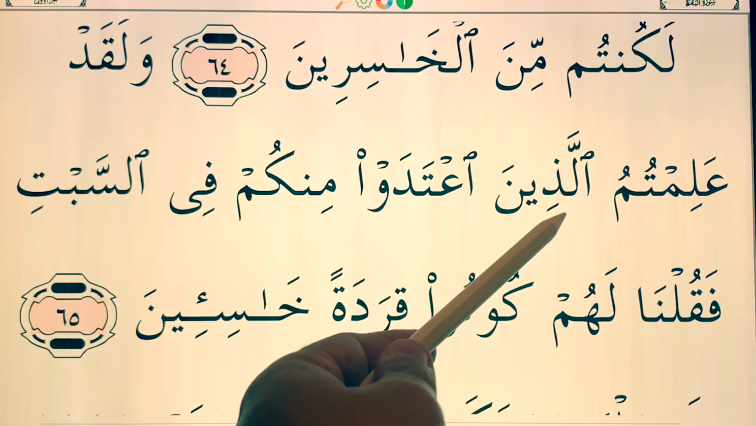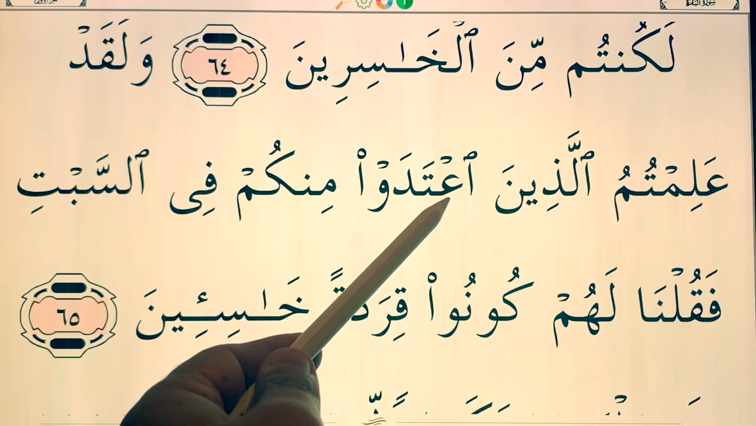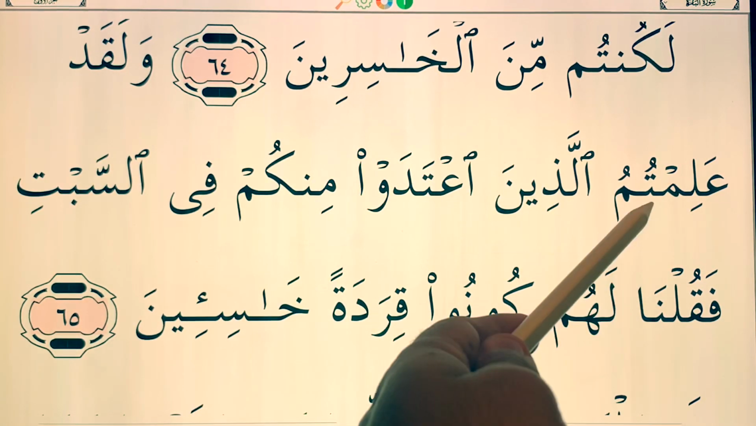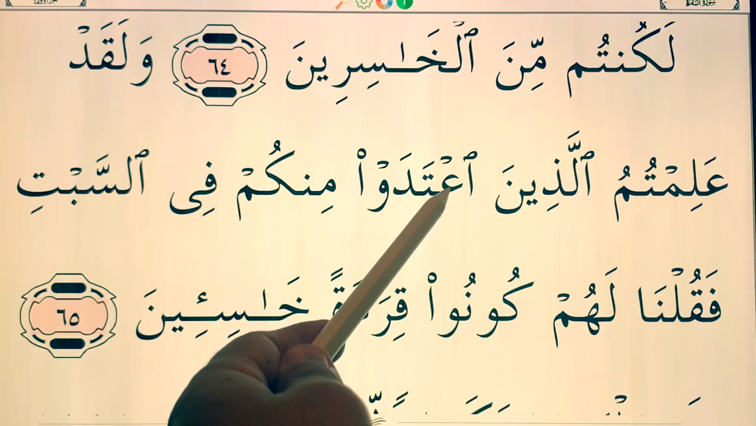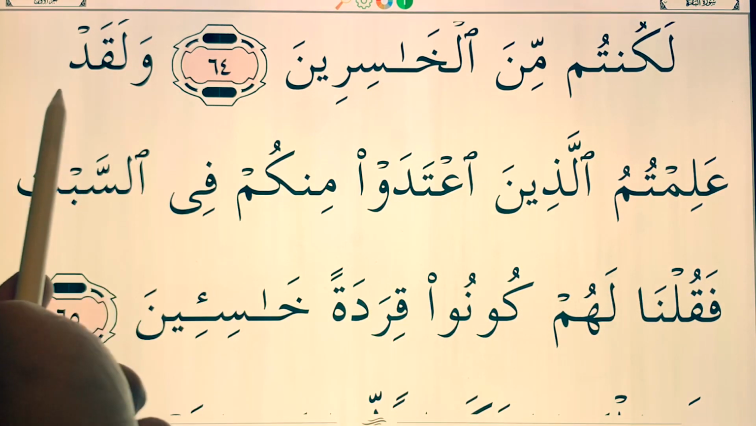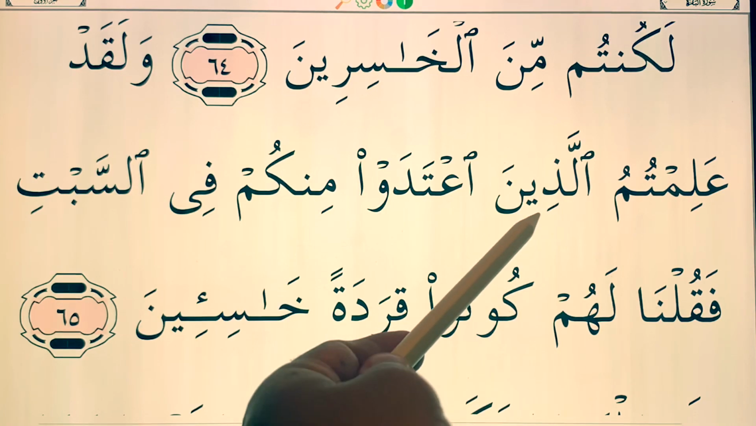علمتم الذين. Here we have a hamza before an ayn that has a sukoon. So we read it as alladhina. This drops. You're going to go straight into the sukoon over the ayn. وَلَقَدْ عَلِمْتُمُ الَّذِينَ